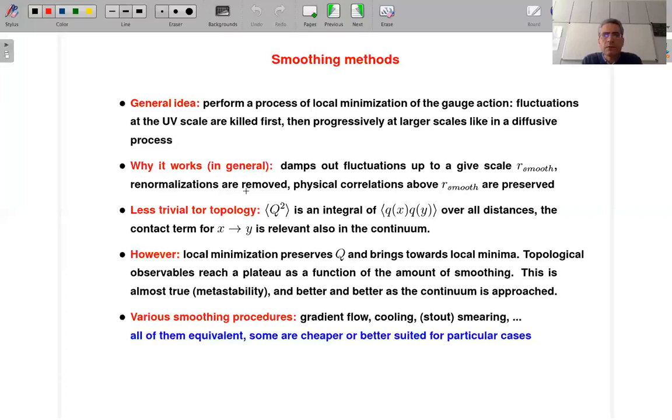Now, when you apply this to topology, the rationale is less trivial than that, and the reason is that the expectation value of Q squared is actually an integral over the two-point function of the topological charge density over all distances. If I go back to